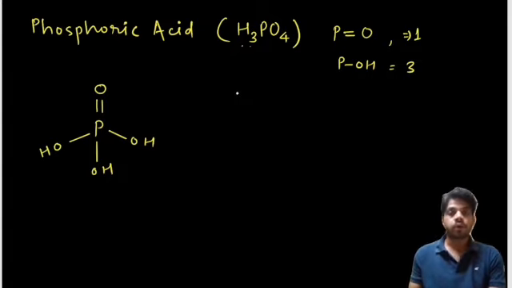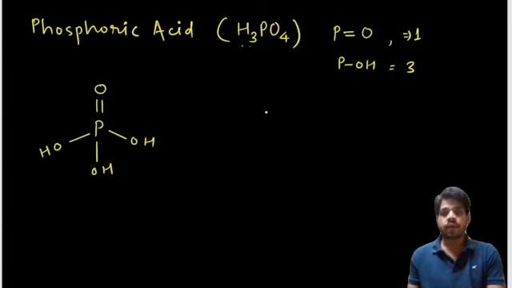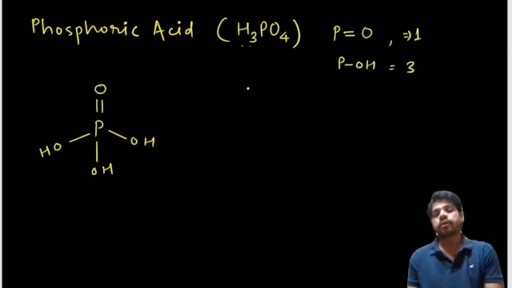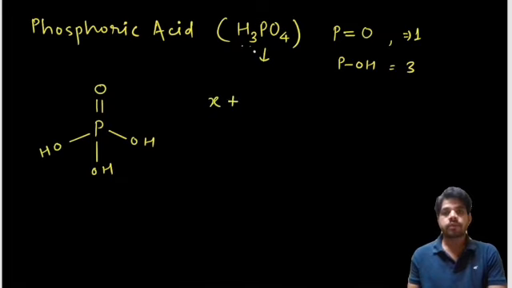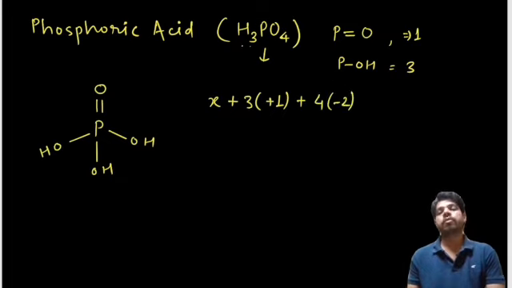What are we left with? We are left with the oxidation state. We can calculate the oxidation state of phosphorus in this molecule, and we can also learn it with a trick. So let's calculate first. Let's say the oxidation state of phosphorus is X. So we have X plus three hydrogens, so 3 multiplied by plus 1, that is the oxidation state of hydrogen, further added by 4 times minus 2. Minus 2 is the oxidation state of oxygen, and this would be equal to 0.